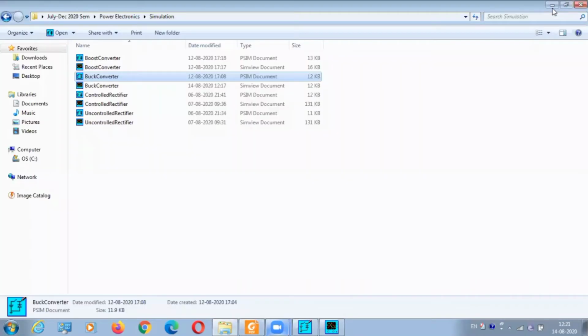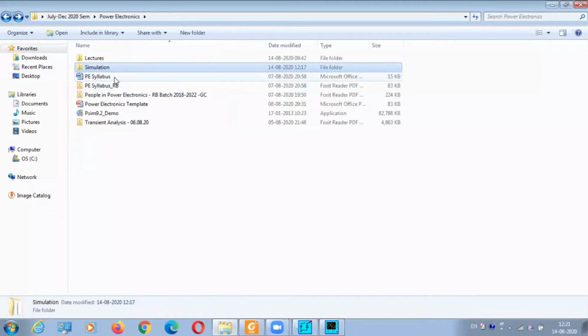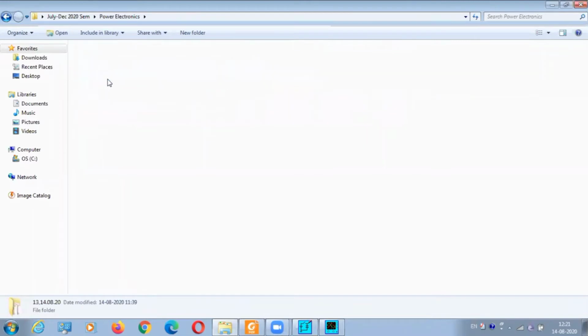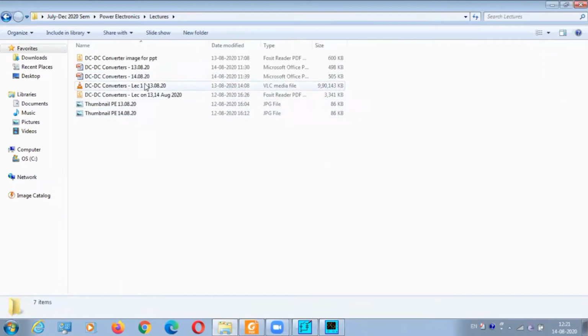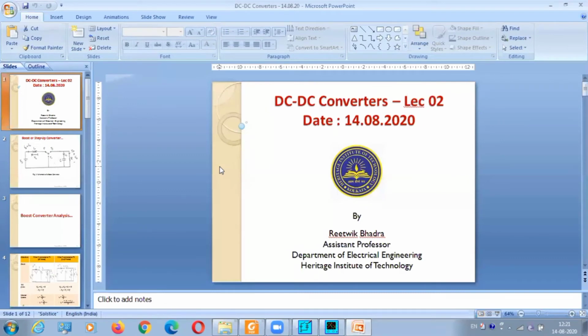This was your simulation, as a buck converter. I think everybody has understood the operation. I'll try to prepare a PPT and send it to you if you can't understand from the PDF. I think in the PDF everything is given line by line. Okay. I'll check what I have done over here. DC to DC. Okay. Let's check over here.